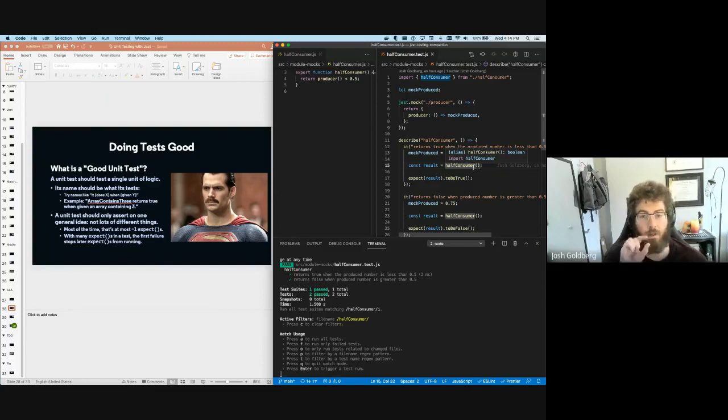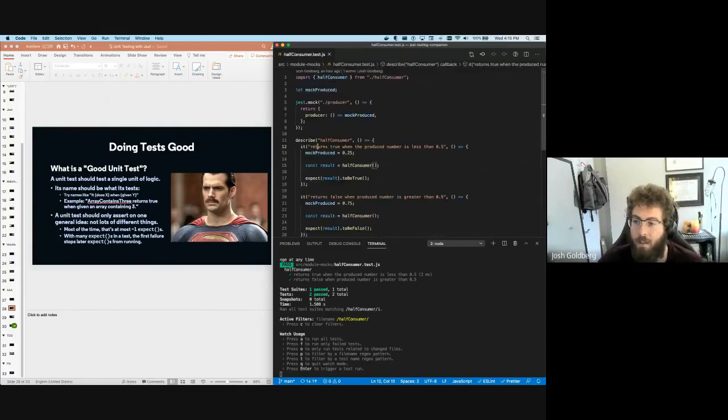To start, you should be able to name very simply what the unit test tests. By the way, I realize this isn't a direct answer to that question, but I promise you it's in the next slide or two. If your test name, as we saw before, is like "it works," that's not useful, and that doesn't explain what the test is. But in these tests, we see names like "does X when Y," which I think is a really good way, if you can make all your tests have a name like that, to force yourself to be testing exactly one